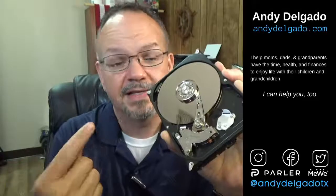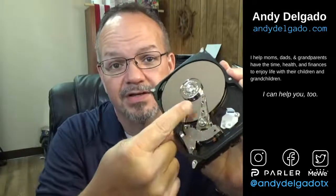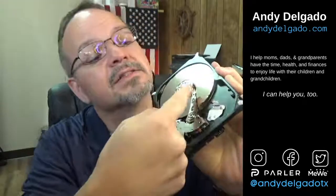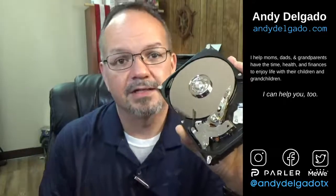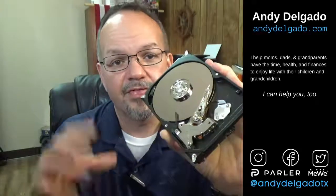So if you could just imagine, it has to go look up the data point, or the index. It has to look in the index for where the data is located, and then it has to go find it by spinning a whole bunch of times and moving this arm back and forth. It actually goes across like this as it's finding data. Then it transfers the data into memory and it loads it up so that the processor can do whatever you want to do with the data. All right, so that takes time as compared to,